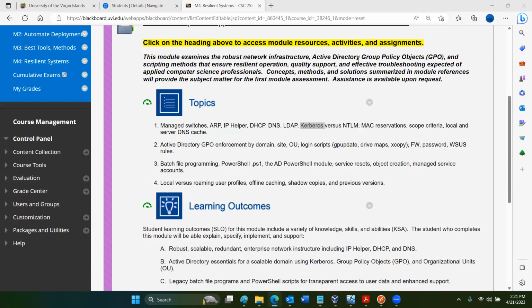The United States Army operates a single domain in that Active Directory context, at one time for all assets for the United States Army worldwide. US Army Europe, right? In the Middle East, all the divisions in the States. When you think about that, 1 million systems all working out of the same enterprise environment.